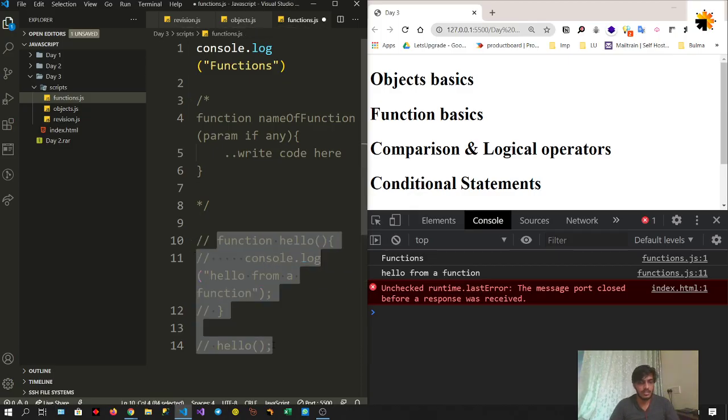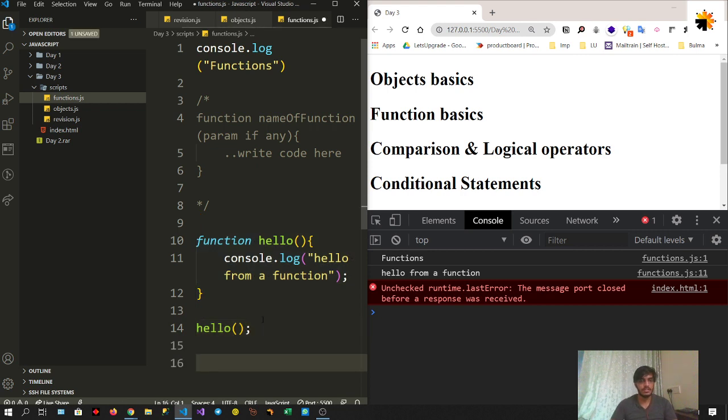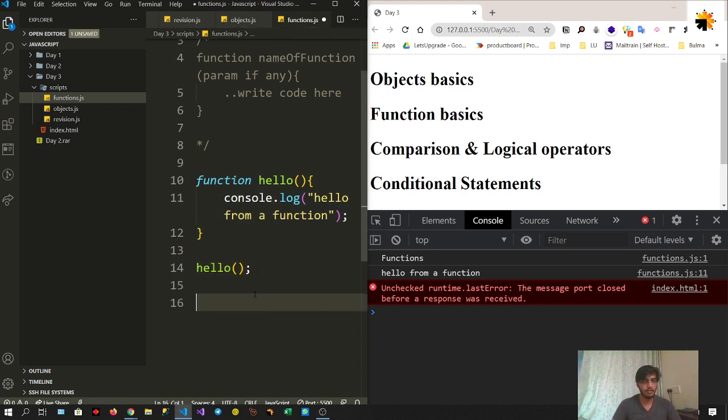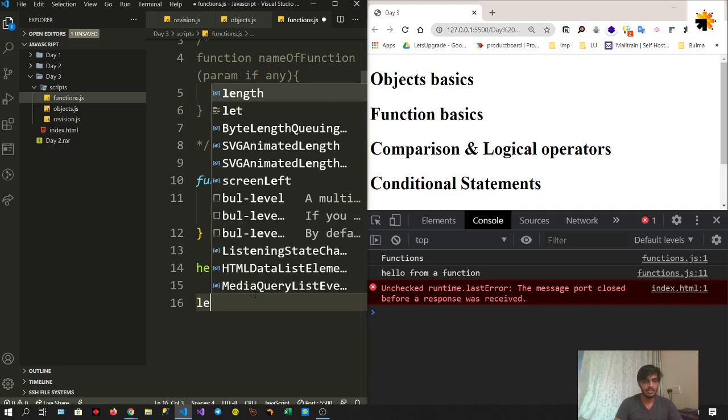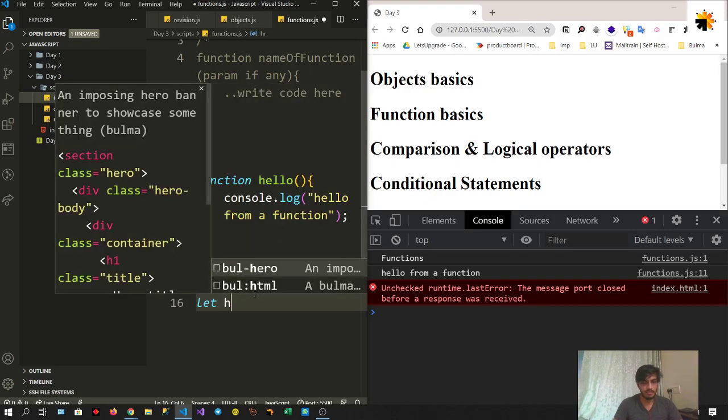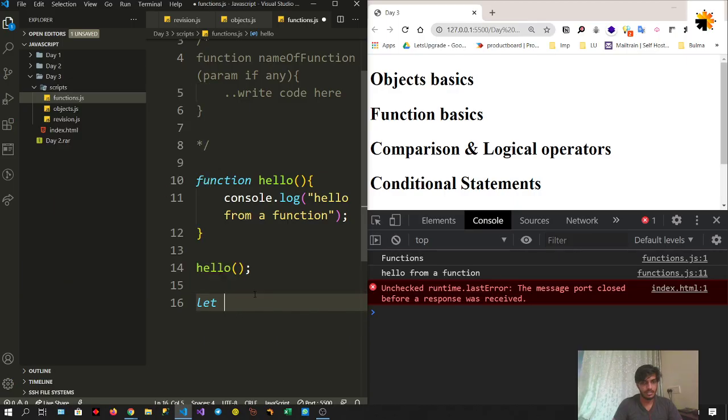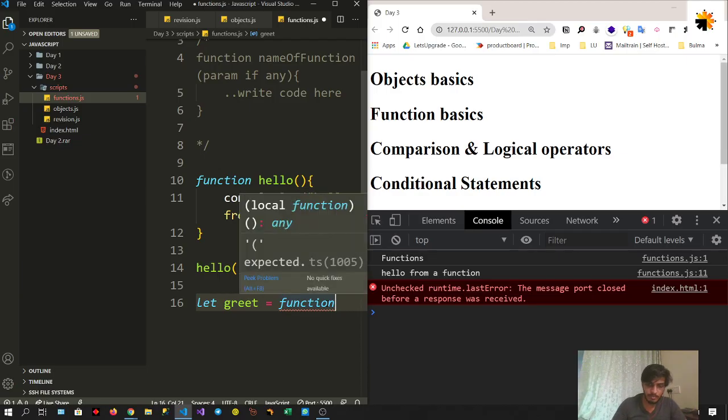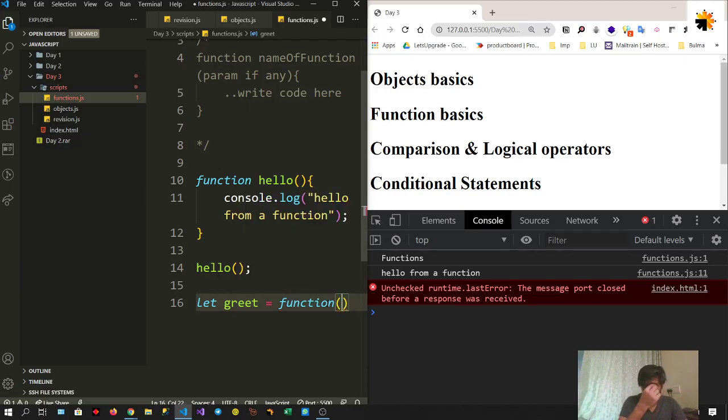Another thing is, I'll assign this function to a variable. So how you can do it is, I will write let greet is equal to function. Now observe that I am not using the name again here because I have already assigned it to this variable. Now I'll put the parentheses which will tell it to create a function object, and then inside this